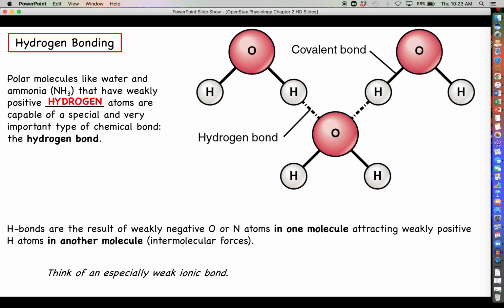So if nothing else, if you need to think of hydrogen bonding in some way, you could think of it as kind of a very, very weak ionic bond. Ionic bonds are basically very strong forms of electrical attractions between positively charged cations and negatively charged anions, like sodium and chloride, but in this case, you don't have full electrical charges. You only have partial electrical charges, so that's why this ends up being a lot weaker.